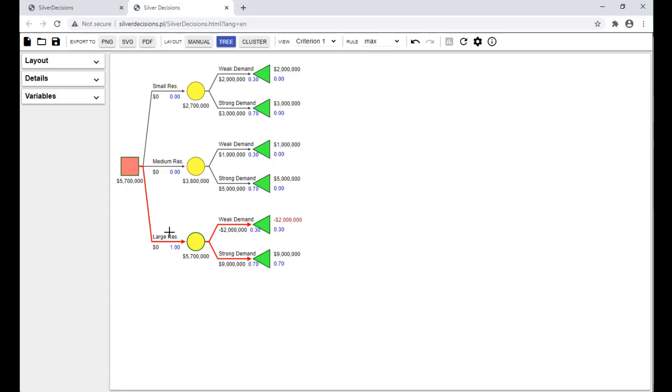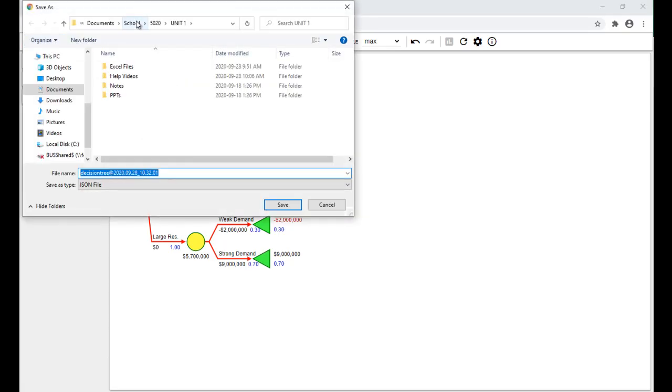Now the other nice thing about this is that even though I'm doing this within a web application, I can save this work if I ever want to come back to it and tweak anything or realize I made a mistake. So to save it, I have a couple choices. I can simply save it as a PDF, something that I could print out to include in my notes, or saving the actual tree itself where I can come back and work with it. So I'm just going to click this save icon, and I will take that in my 5020 unit 1. I will label this as lesson 1.3 residence. And if I hit save,